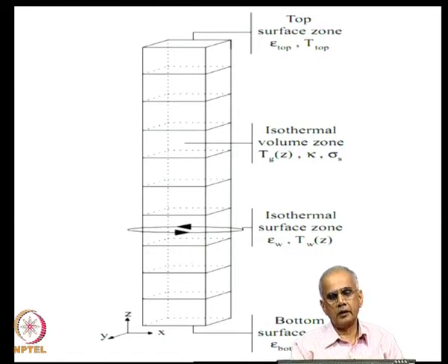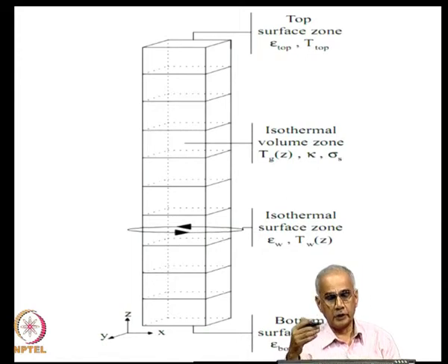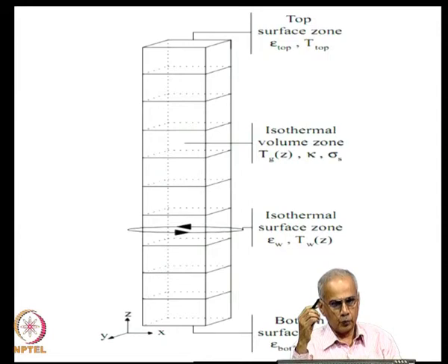And later you can see that if you want to treat the real furnace, which has 2 dimensions, actually 3 dimensions, you can replace it by various volumes. Each volume is considered to be isothermal, and you can have multiple zones, and so this has happened naturally. So, Hottel's 0 dimensional well-stirred furnace model has been extended to 1, 2 and 3 dimensions systematically, and we will discuss how this can be done. We will not get into the nitty gritty details of how it is done, but broadly how this concept can be naturally extended to multiple dimensions.